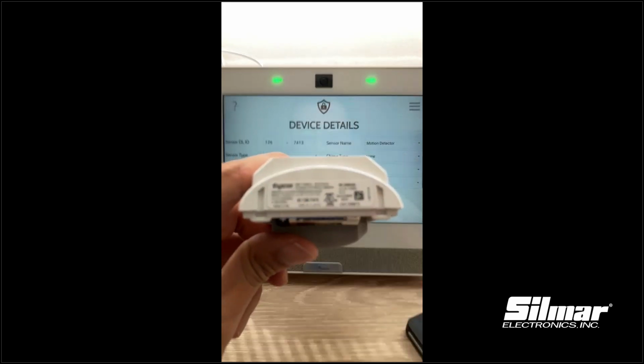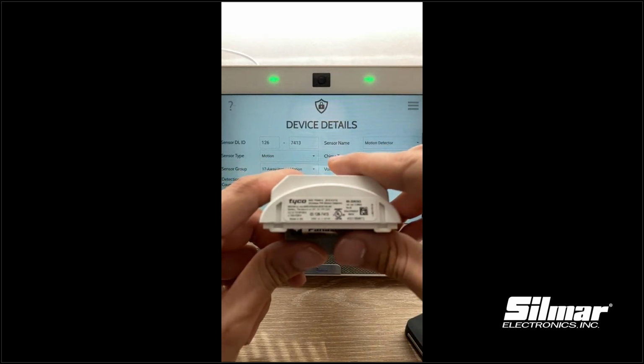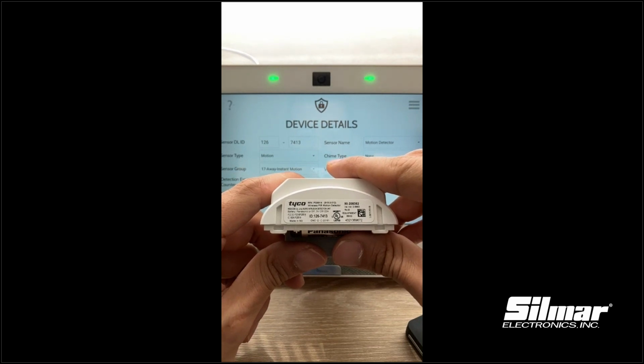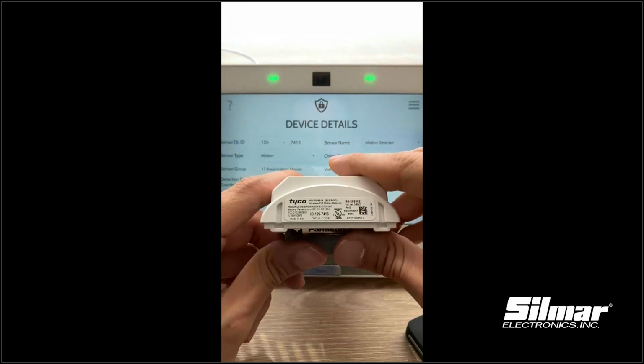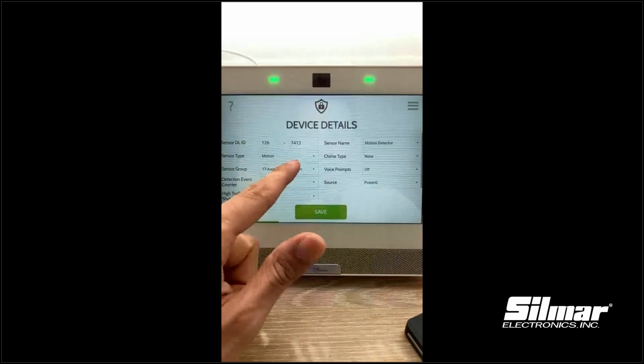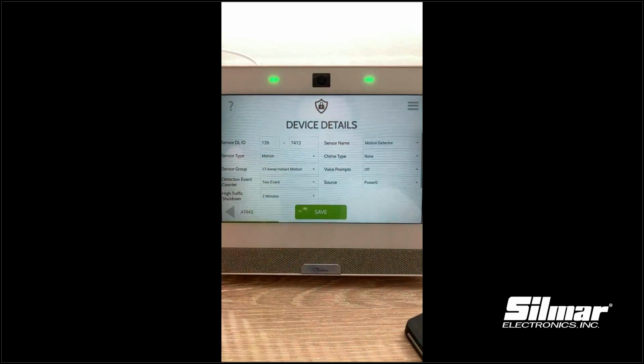I need to focus the camera, please. Okay, that's right. So the ID is 1267413. In this part is 1267413. This exactly the same. Yes,